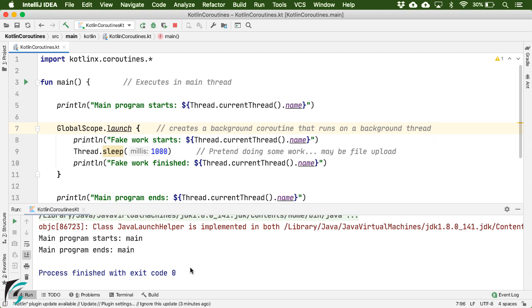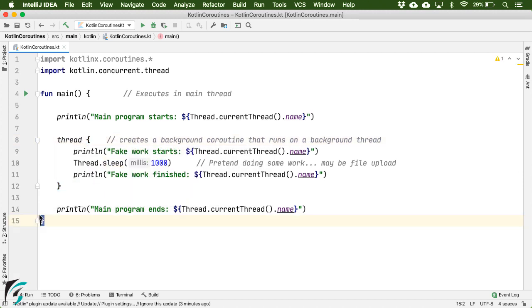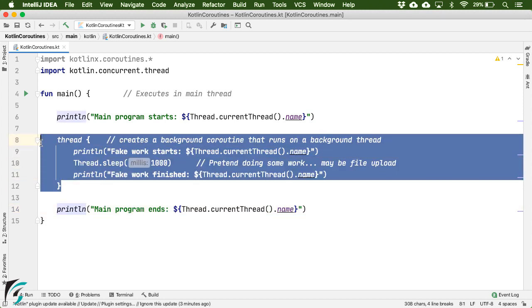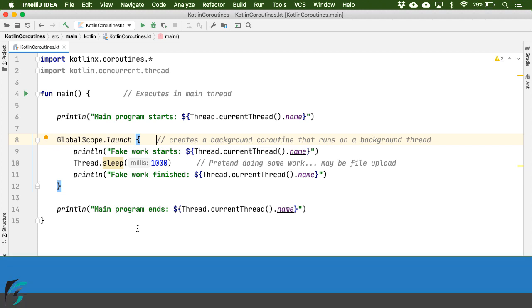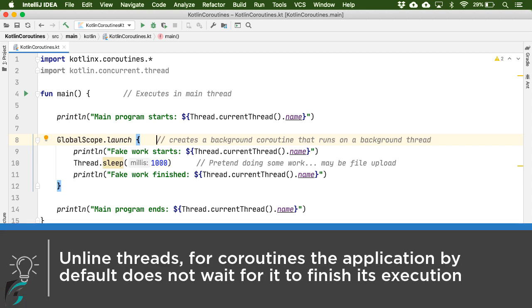Well, just now I showed you that in case of a thread, if you use thread here, then the main function is going to wait for the background thread to finish its work, right? But in case of a coroutine, things are a bit different. When a coroutine is launched, the application by default does not know it has to wait for the coroutine to end its work. So this is another difference between using a thread and using a coroutine.